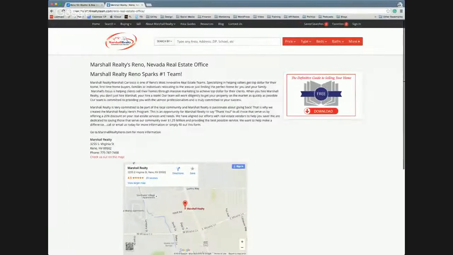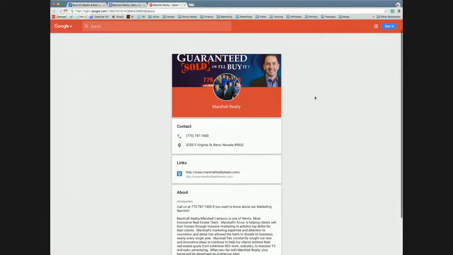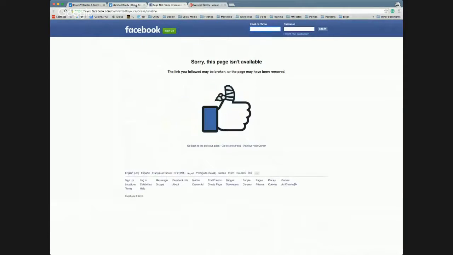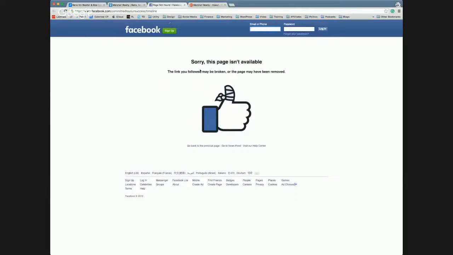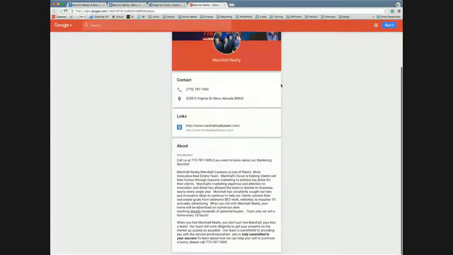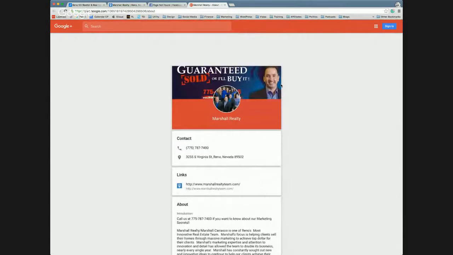Okay, so there's probably a lot of reasons. Google really is trying to match what your intention is when you're searching for a home. Look at that. Sorry, go ahead. Oh yeah, the Facebook link doesn't work. Yeah, I saw that. It's funny. So they're really trying to match what your intention is. So if you're trying to sell a home or buy a home or search for a home, they're trying to